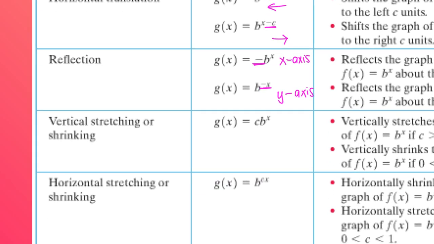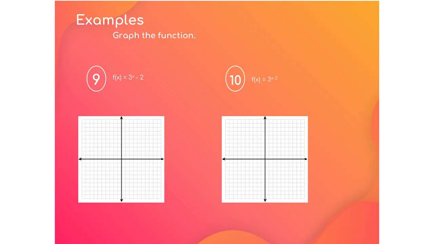Okay, vertical stretch or shrink. All you have to do is graph using a table for all of these, and you'll be able to see where it grows. So depending on the coordinates you use, you can see everything that happens with the vertical stretch or shrink. All right, looking at these examples,